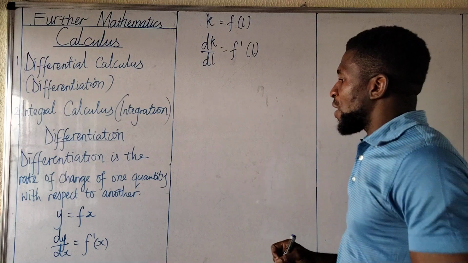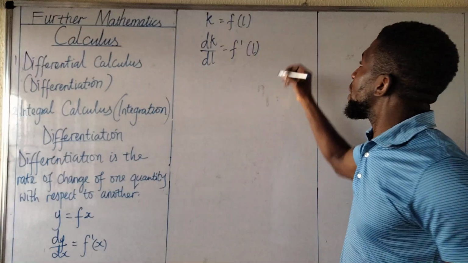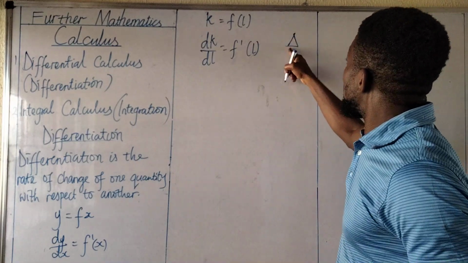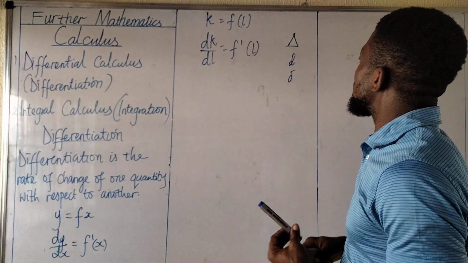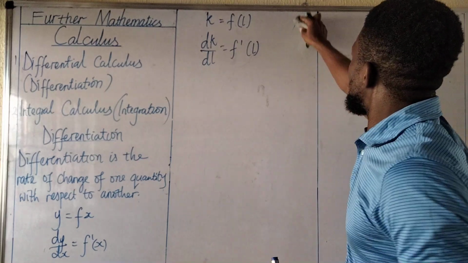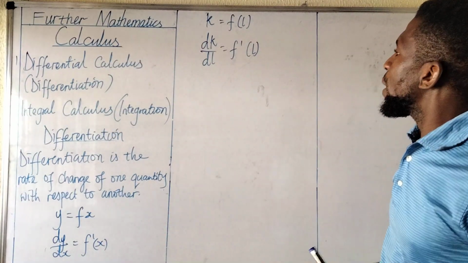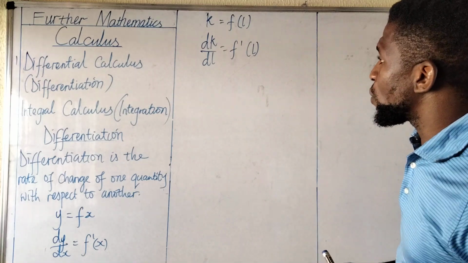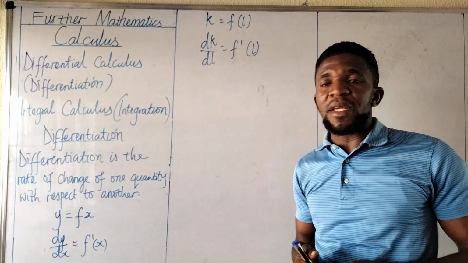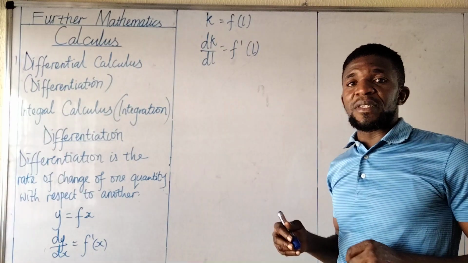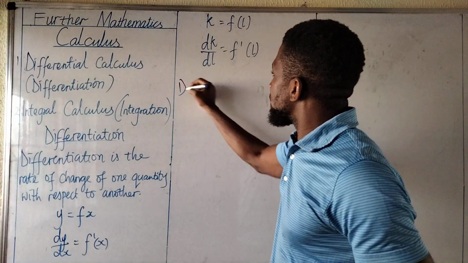Alright? The various symbols for designating differentiation are delta, which can be change, L and D, or this. So these are the various symbols used in differential calculus. Alright. Having done this, we are going to list out the various methods that we need to solve any differential problem. For example, the methods are: